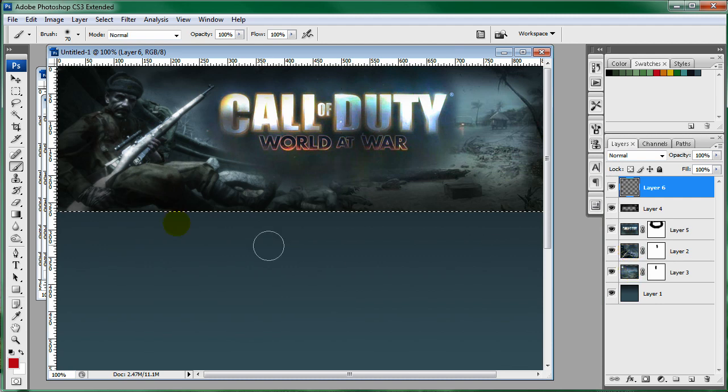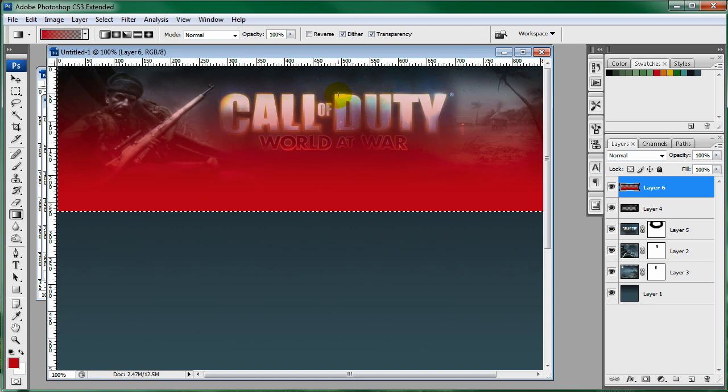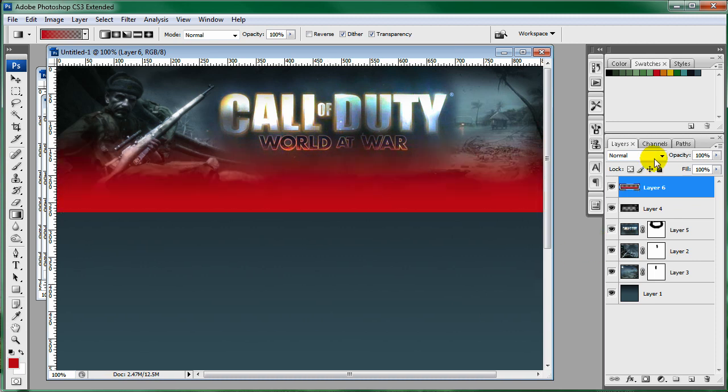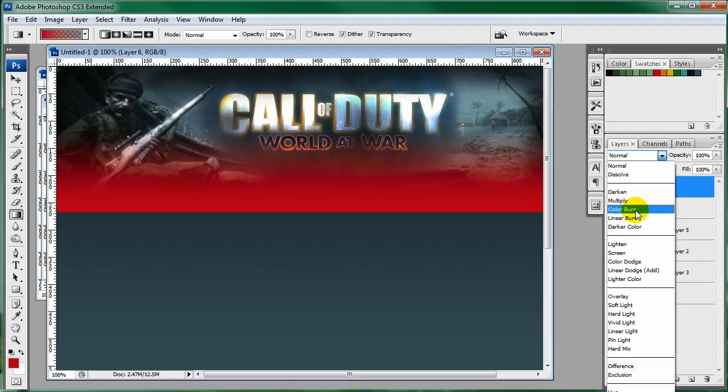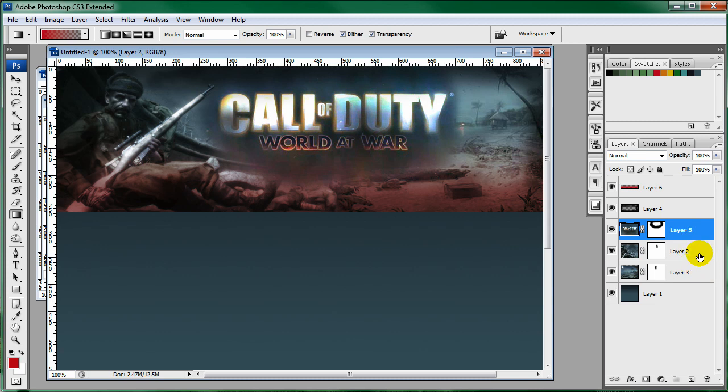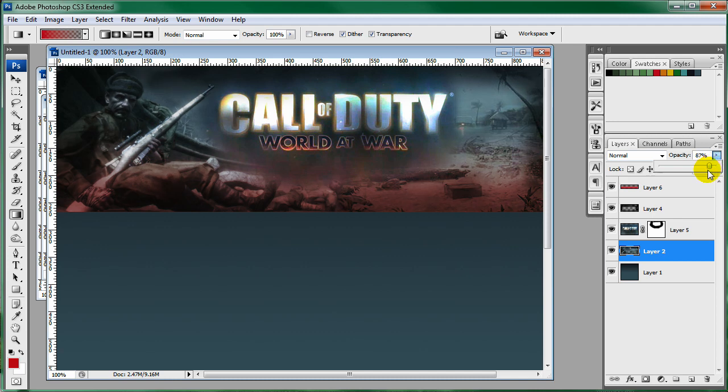That's probably good. Select both of these layers and grab your gradient tool and make sure it's red to nothing. Hold down shift and drag up. A little bit higher, that's probably good. Control D, and then I'm going to change this blending mode to color dodge and lower the opacity to about 40%. Okay, and now let's do one more thing. I'm going to combine both of these, Control E, lower this opacity just a little bit,